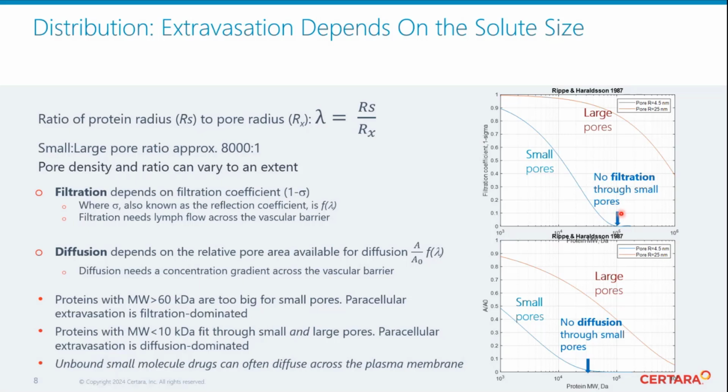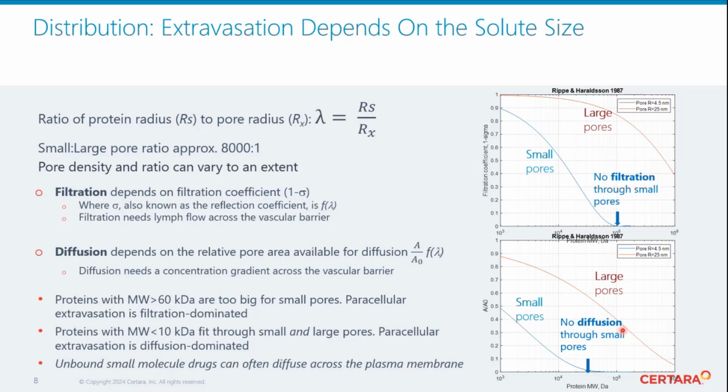Now we can have a look at how proteins of different sizes go through large and small pores. So if it's filtration, then proteins of, let's say, 100,000, and an antibody would be 150,000, pass through the large pores without any problems. But small pores will only really let through proteins which are 40 to 50,000 or less. And even then it's fairly steep. When it comes to diffusion, again, it's a bit more restricted than filtration actually, but it's the same trend.